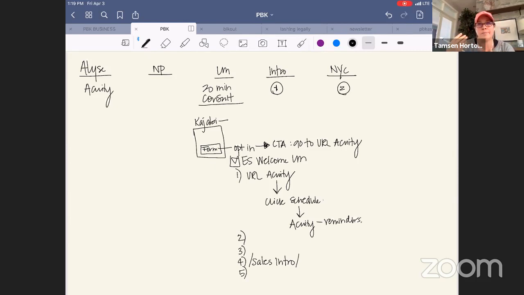For Dora, it could be the virtual meetup. So whatever you're using as your front door, could be download an ebook. I mean, we all do use different things as our lead magnet, but the whole purpose is there's just one thing. And that one thing, we don't move that around all the time.